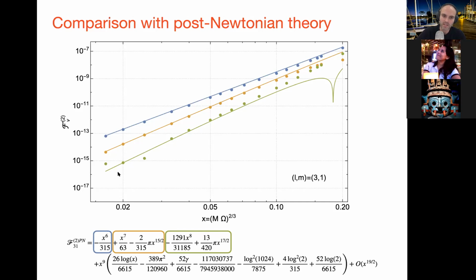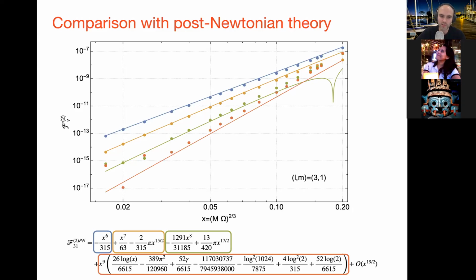It starts to break down here because there's some noise in our numerical data, but that's okay. I can do this once more. I can subtract the PN from the numerical results. And again, you still see agreement. Again, it's breaking down here, but it looks like things are behaving. And this is it. This is as far as you can go with analytic PN knowledge.